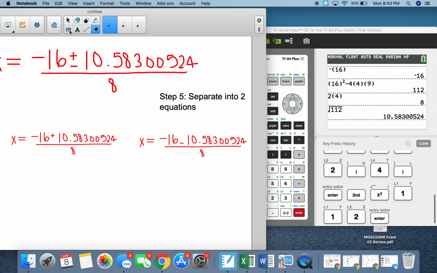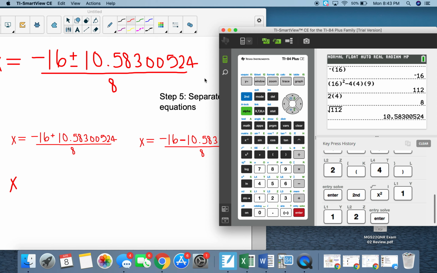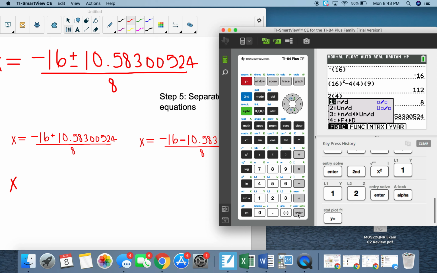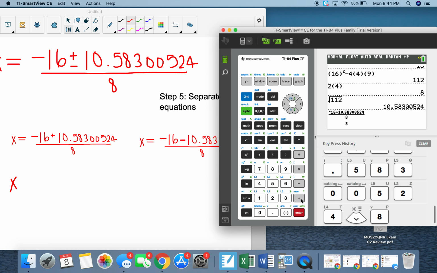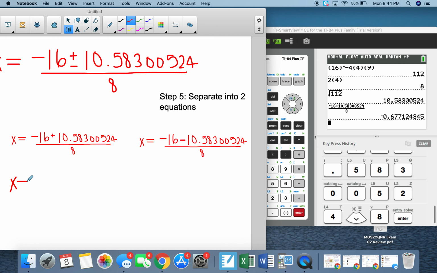And from here, you're just plugging each one into your calculator. It's a fraction bar, so what you want to do is use the fraction function on your calculator. You do that by pressing alpha, y equals, and then enter. So now I have a fraction bar. I'm going to do the plus one first, so negative 16 plus 10.583000524. And on the bottom, we have divided by 8. And let's enter, and I get negative